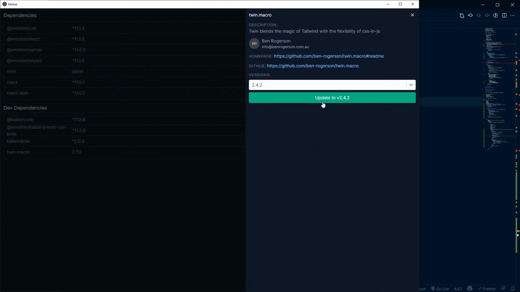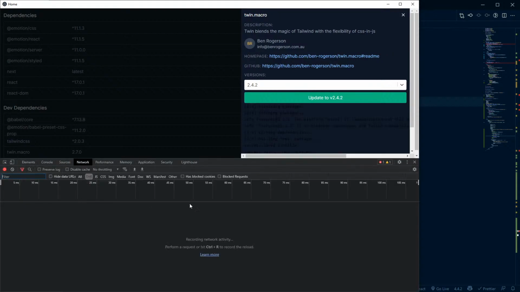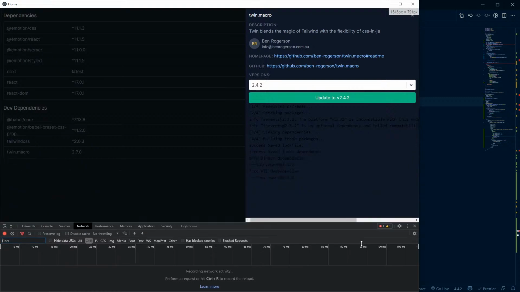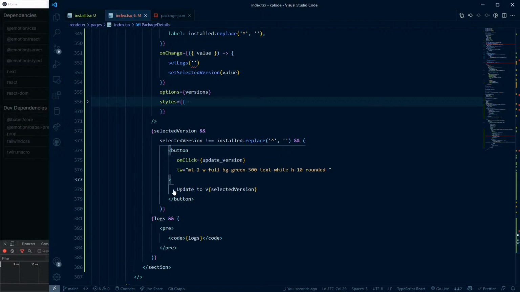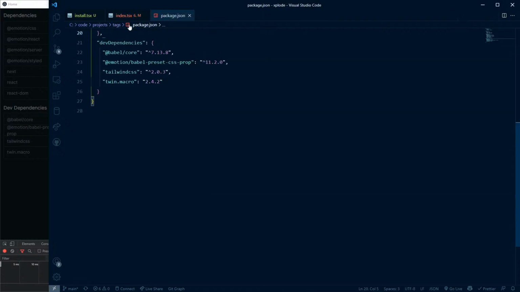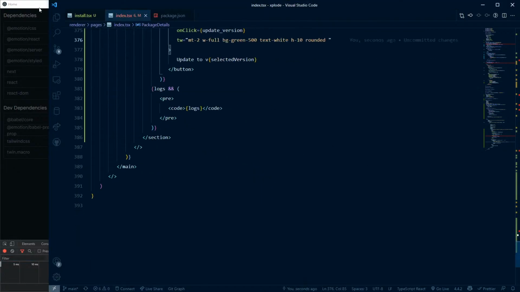So let's see. Open this. Okay, yeah. All right, yeah, we have it installed. So if I go to package.json, it's 2.4.2 now. We have the logs and everything. Let's